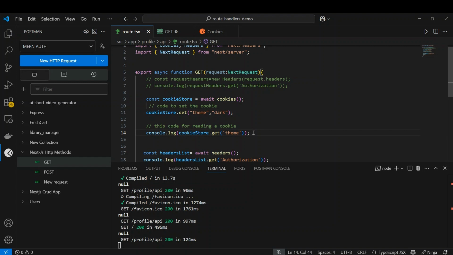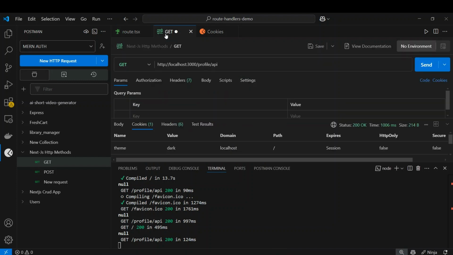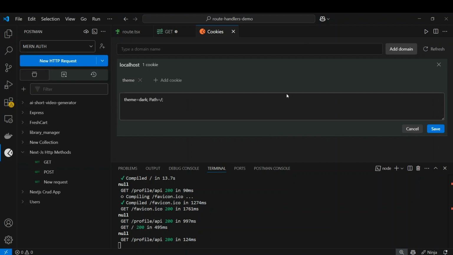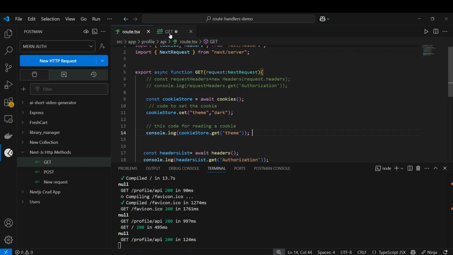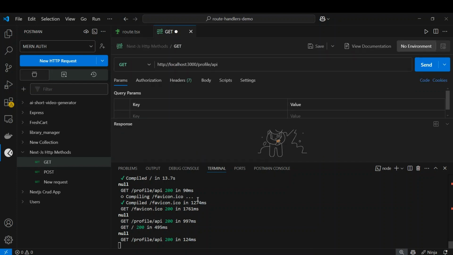Now we can make the request again and see whether we are able to get the value of that particular cookie. We can make another request. We can clear the response, and also we can delete that particular cookie. So we can click here to cross that. Now we don't have any cookie, neither in the browser nor in Postman. So now we make another request and see whether that cookie will be displayed here. When we click on send,